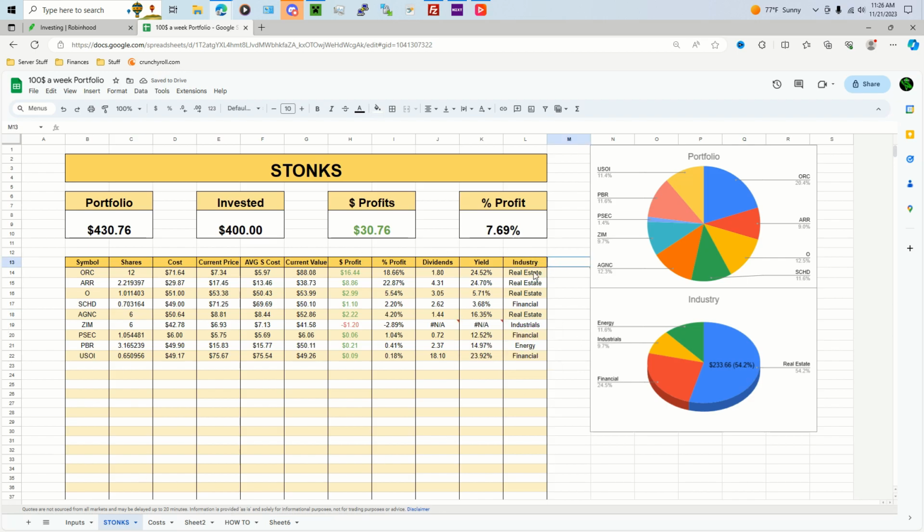Also, another thing is that we are showing the industries here so that we can see how much we're investing into where. And so we can see, real estate here is definitely the biggest with the 54.2% of our dividend portfolio. Which kind of makes sense because real estate is kind of the biggest thing at this time that's giving high returns. We got a 24% here, 24% here, and then a 16% here and these are all real estate based companies, and they've got, like I said, high returns in comparison everywhere else. You got O ticker, which is at 5.71% real estate, which is pretty standard for like high name brand companies that are doing